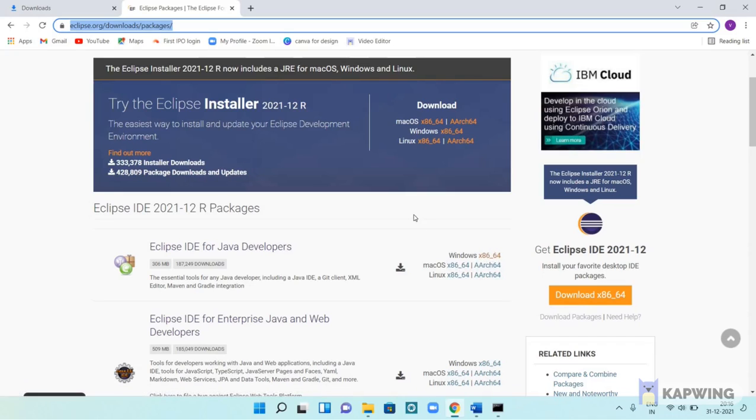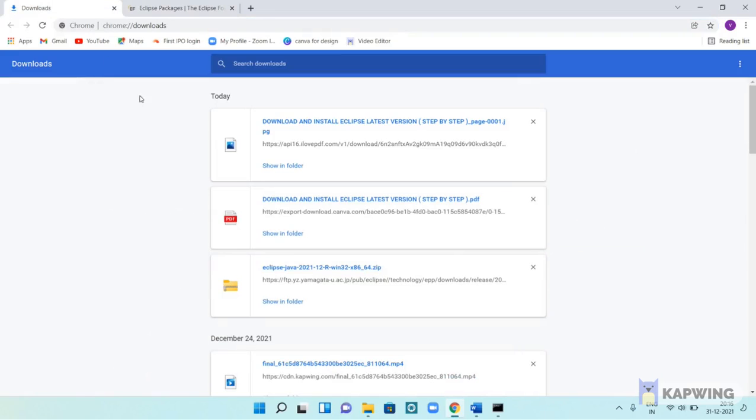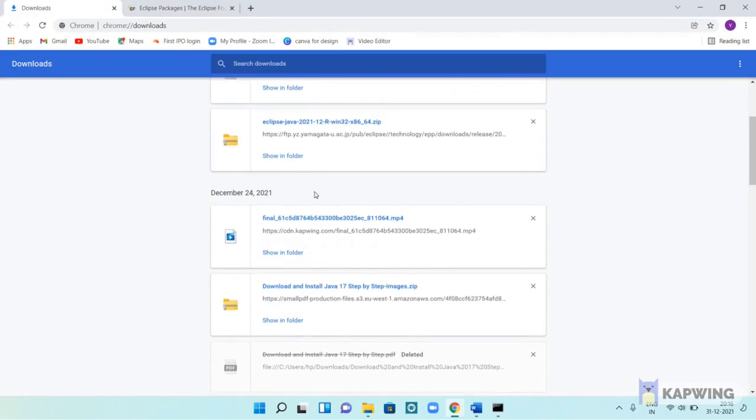Once you click on this link, the download process will start, and after the download completes, you will see Eclipse in a zip folder. You can extract these zip files, and then we can use Eclipse for development purposes.